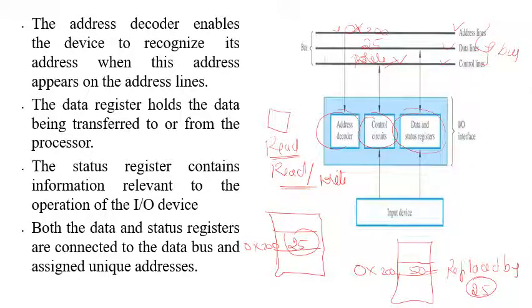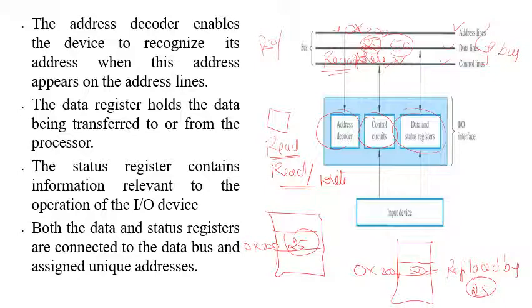If it is read, then the data line gets erased and the new value, that is 50, will be loaded in the data bus. Once it is read, it will be copied to some processor register, or whatever the destination register is. To that particular register, the data present in the data line will be loaded. In this way, the transfer of data takes place.